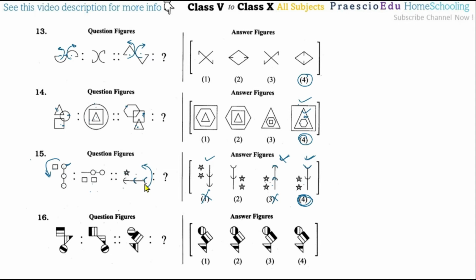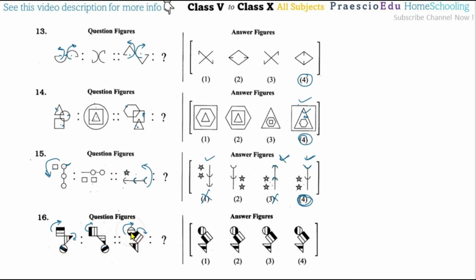Now question number 16. In the first figure and the second term, if you see, it's a rotation like this one, then this will come at the top, which means a 90-degree turn, but the middle figure, this triangle, has the rotation like this one. Okay, the same rotation, so like this one, this figure means the circle and this figure means the square, we have to make a rotation of this one, and this circle and this circle have the opposite of this solid inside one, the center one.